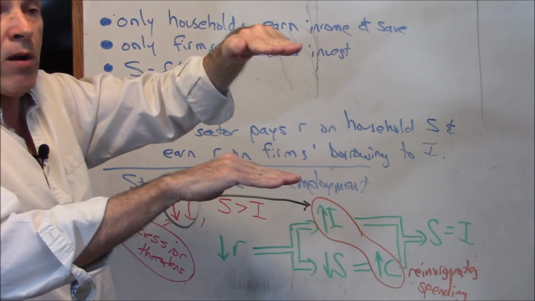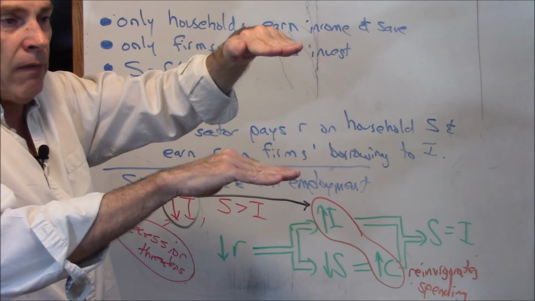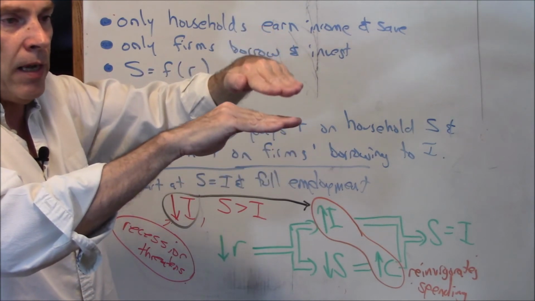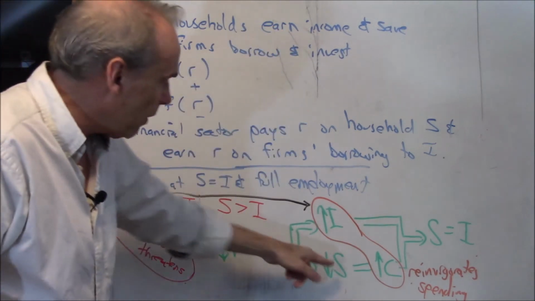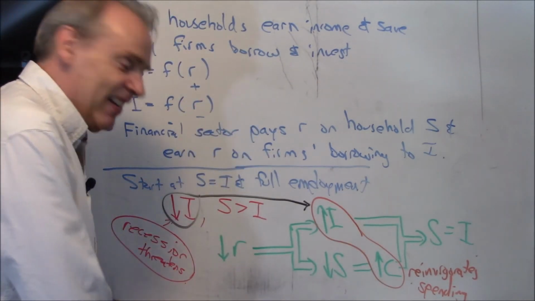Why? Because my goal is to get rid of all the money sitting in the vault. How much money is sitting in the vault? This much. So investment comes up and savings comes down until they're equal again. And savings going down is the same thing as consumption going up. Dang! Ain't that kind of interesting?